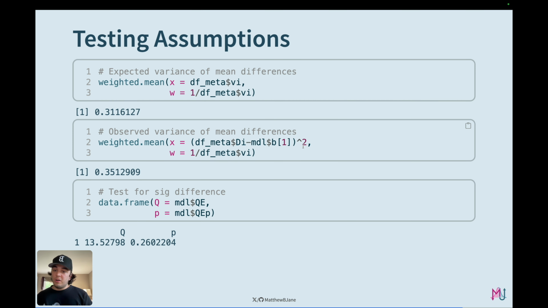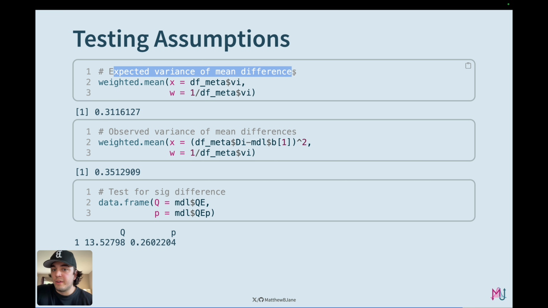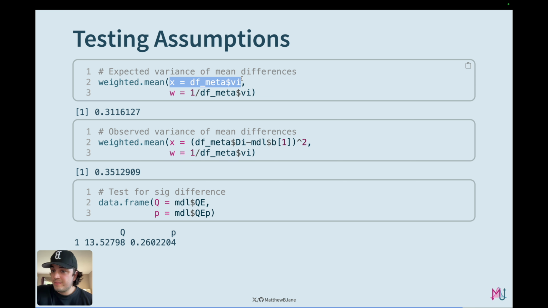So we can do this in R by essentially using the weighted.mean function, which is just base R, and then we can feed in the variance, and this is for the expected variance of mean differences, which is our sampling error variance. So for the sampling error variance, we can put in the sampling variance for each study, and then put in our weights, which again is 1 divided by the variances. So we get a value of 0.312 in our example, and then we want to calculate the observed variance of mean differences,